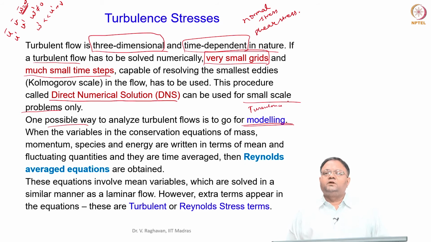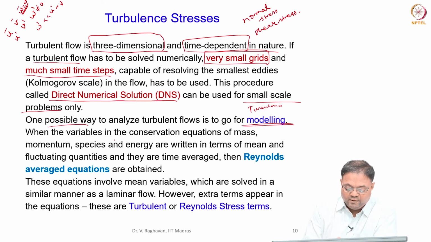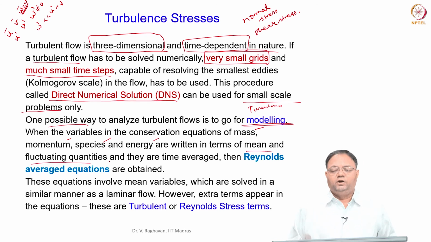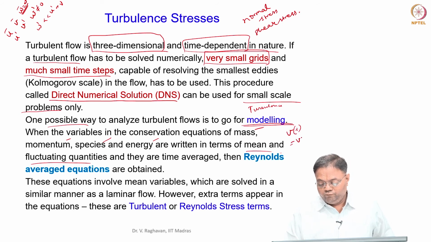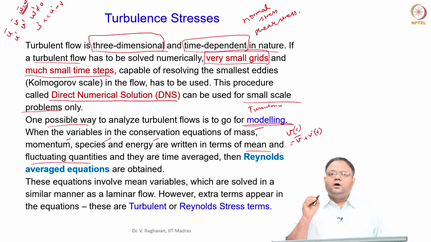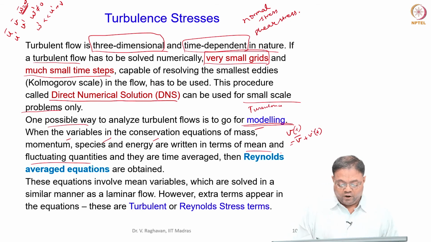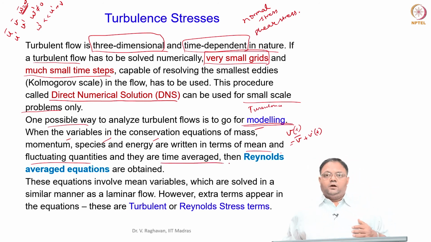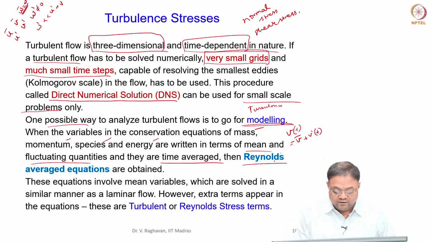This means you don't resolve the smallest eddy size, or the smallest time step which is required to capture the oscillation and so on. What we try to do here is, the variables in the conservation equations of mass, momentum, species and energy are written in terms of mean and fluctuating quantities. We have already defined it. For example, V at a particular time instant will be equal to V bar plus V dash of t. Now you take the governing equation and substitute for each variable the mean quantity plus the fluctuating quantity. Then I do a time average. This type of process is called Reynolds averaging,